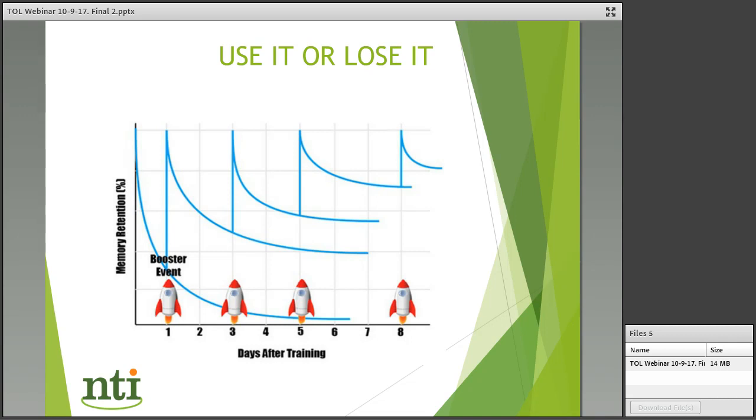If you look at day 8, if you were able to send out a couple of booster events, look where you end up in terms of memory retention. You are way up top, as opposed to if you do nothing, by day 7 you're almost at the bottom. So again, these use it or lose it principles around boosters of memory, just a small tip, but tips that you can use as supervisors to engage your learners to be thinking about their curriculum,